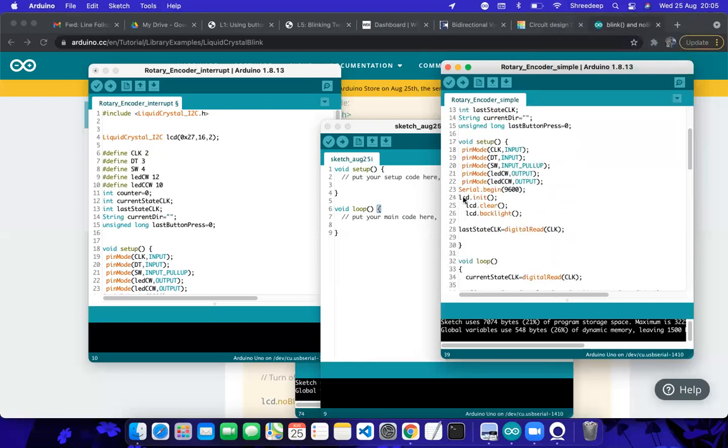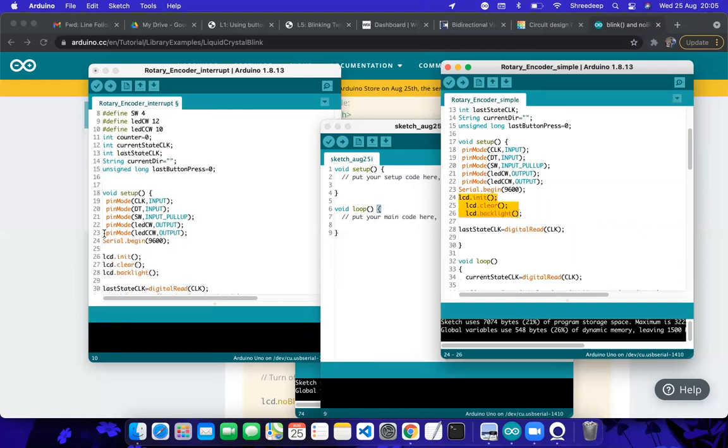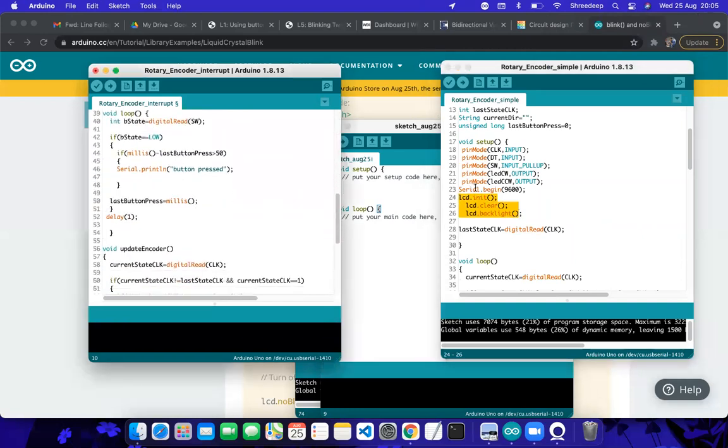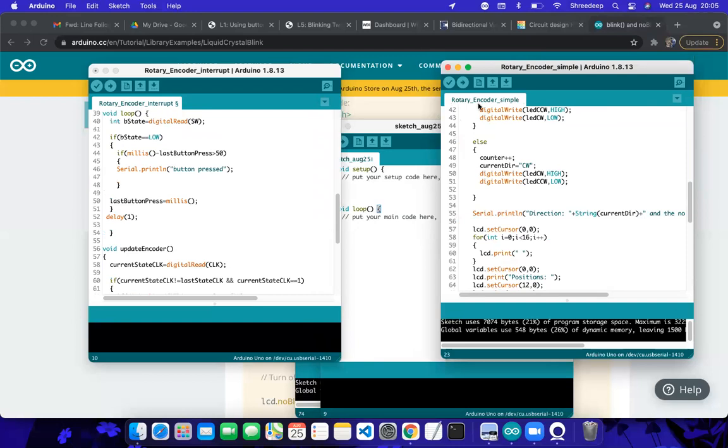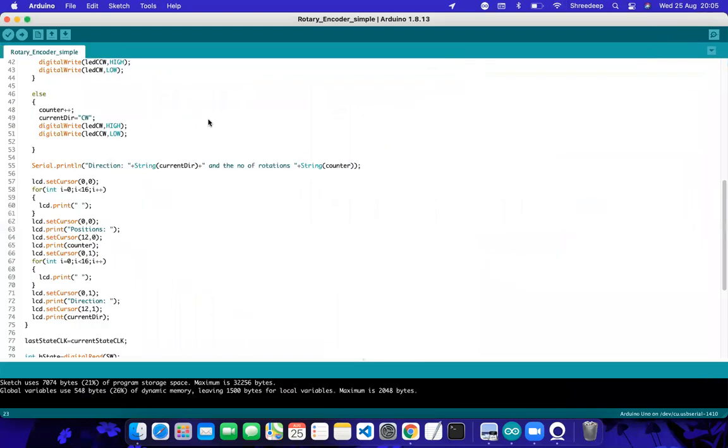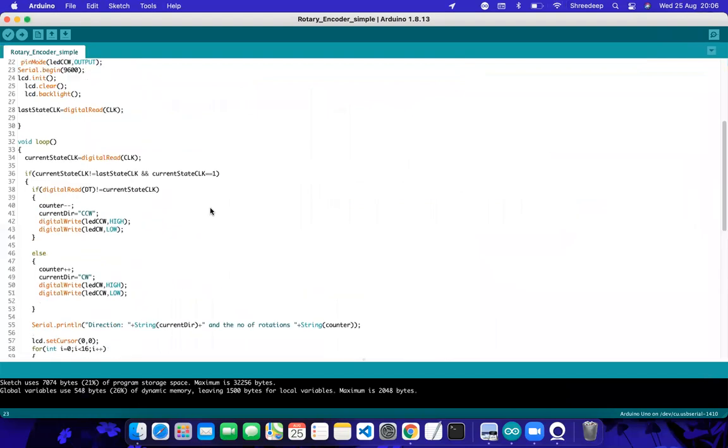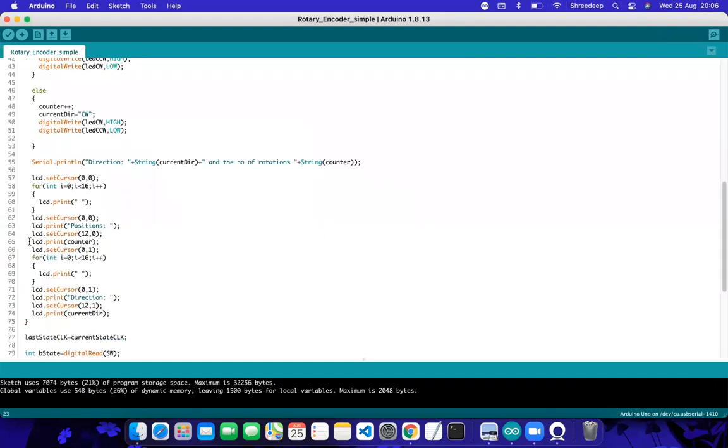Yeah, so initially you just copy over there. I think we have the copy, right? Yeah, copy that. So let me give you a small idea of how we have formulated all of this. This code is quite simple, but you can be rest assured whether you are rotating the knob clockwise and counterclockwise. Now it comes to the LCD.